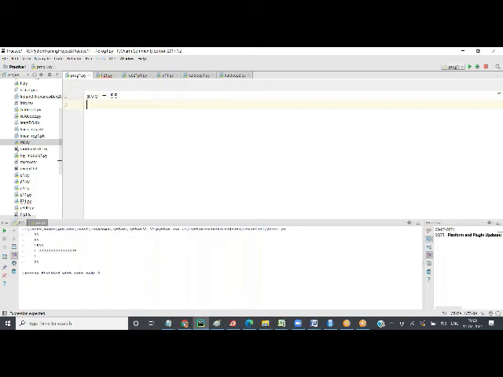Now I want to print grade A. Okay, so we'll go step by step. Say average equal to 55.